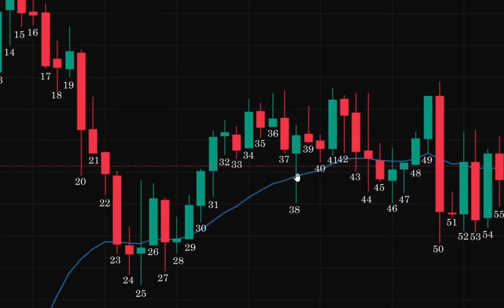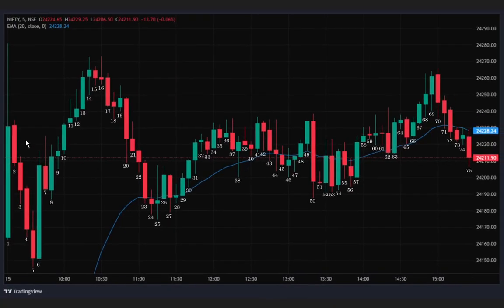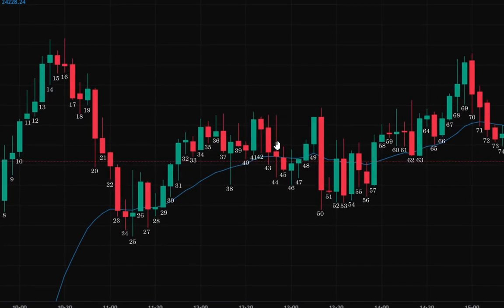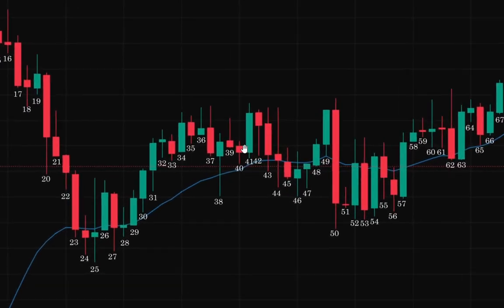But taking this into consideration, from the open, from bar 1 to 2, 2 to 5 there was selling, from 5 to 15, 16 there was buying, and from 16 to 25 there was selling. So buy, sell, buy, sell, and this is the period where most of the time prices don't move and they just go into some kind of trading range.